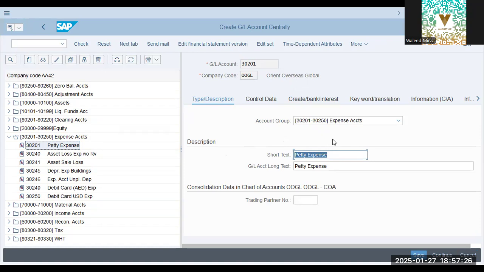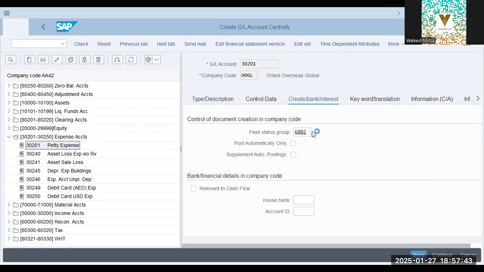Like, for example, admin expenses or marketing expenses. Control data, bank interest, all the same. G02, enter. G02 is not yet. G004,